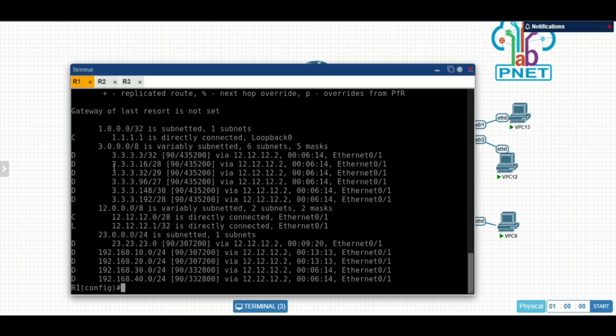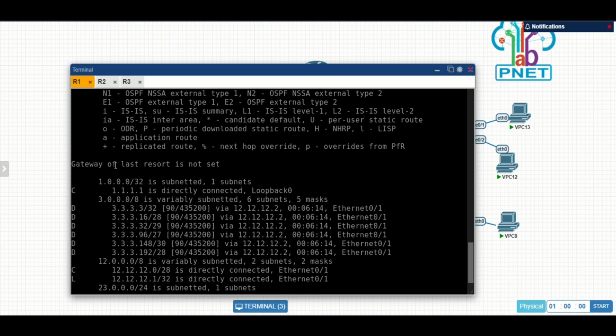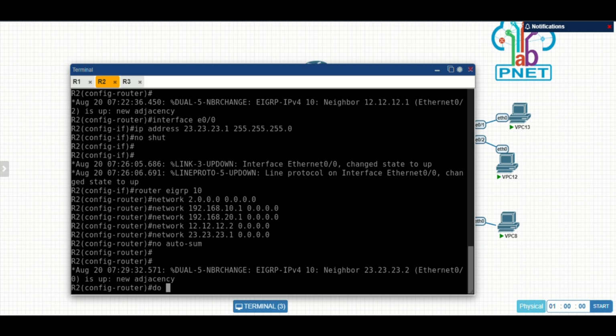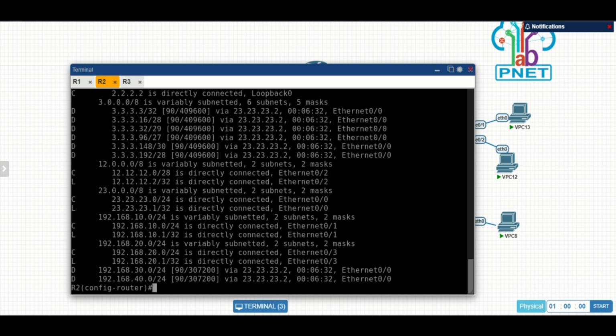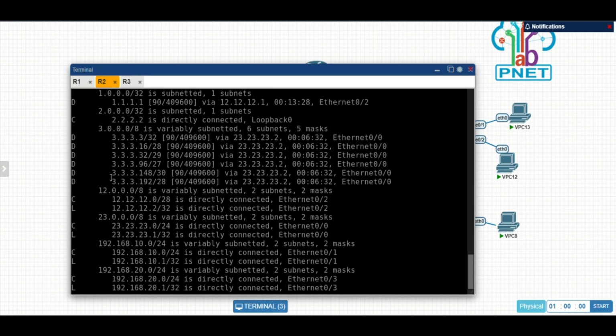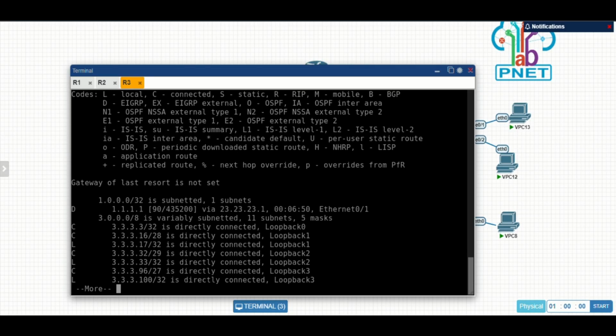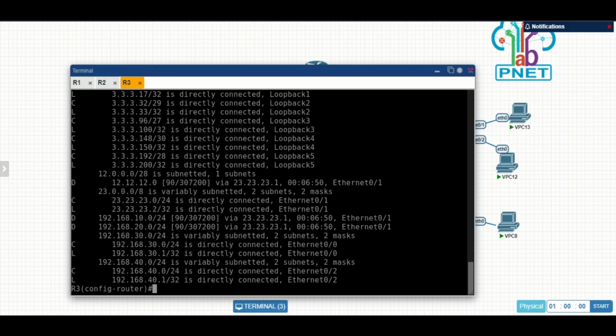All of it is dynamic from EIGRP. And go to router 2, show IP route, and it's already connected. The loopbacks of router 3 and router 2, the router 1 configuration, also the loopback of router 2. Lastly, we check router 3, and it's all done.